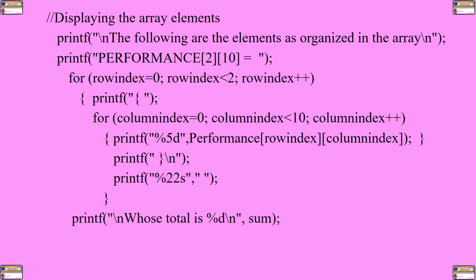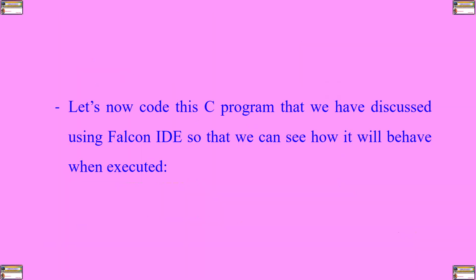So this part is similar to the other part that we have discussed in the other program, which was initializing the array with elements within the declaration. The control will be taken back to the operating system once this statement is encountered, and the program will end. My dear students and the rest of the learners, let us now code this program that we have discussed